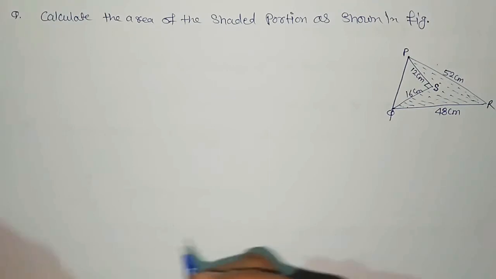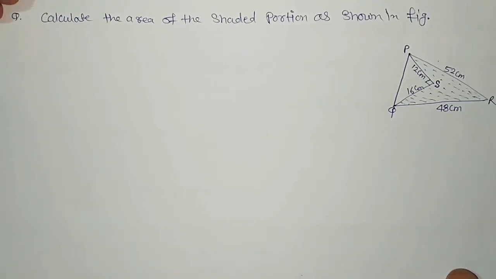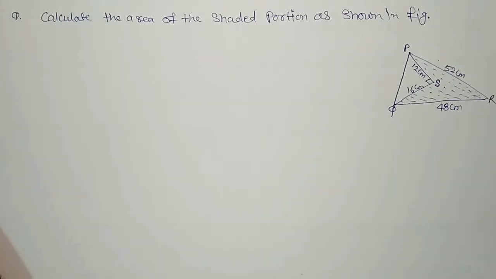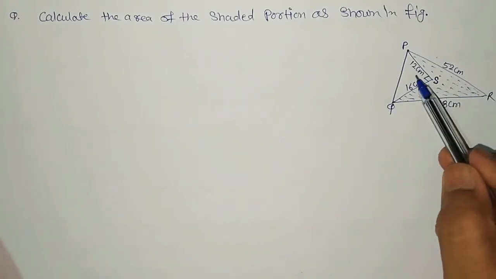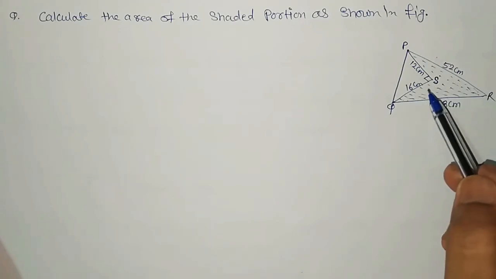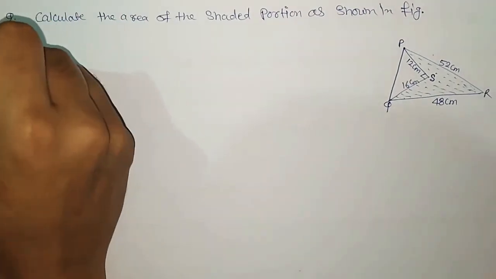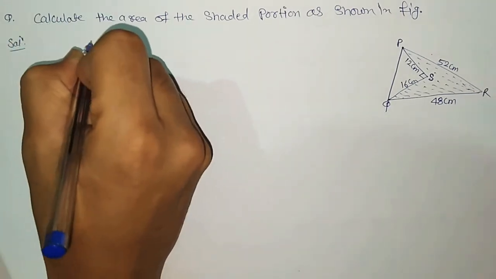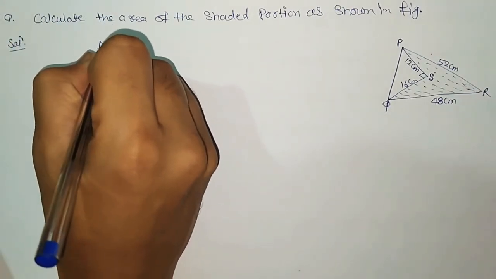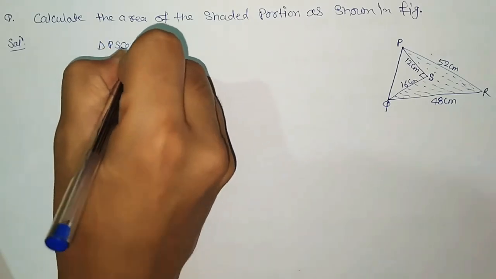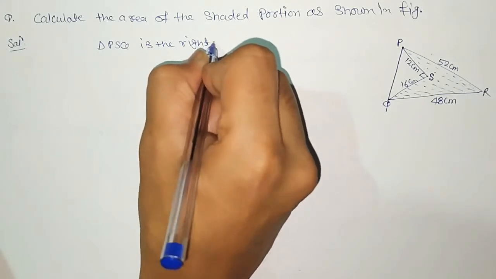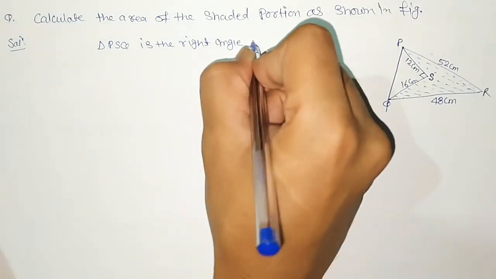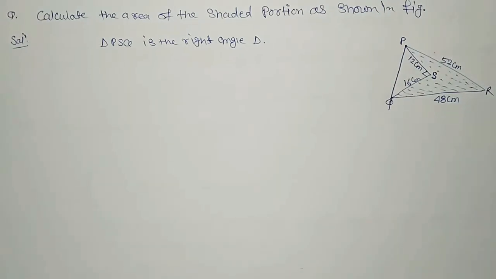Now solve this question related to the Heron formula. Calculate the area of the shaded region as shown in the figure. ठीक है, तो इसमें PSQ को गौर से देखते हैं तो हमें मालूम चलता है कि एक राइट एंगल ट्राइंगल है। तो यहाँ पे जो राइट एंगल ट्राइंगल है वो क्या है, PSQ is the right angle triangle, ट्राइंगल।